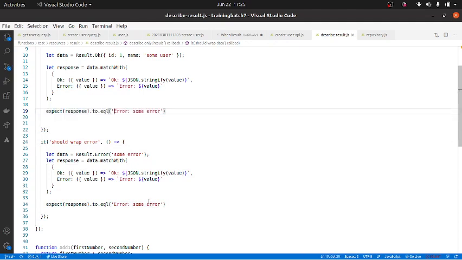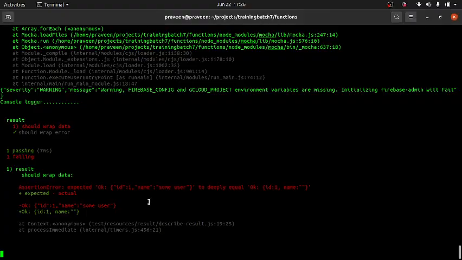Similarly, if you go here, I will make this test case pass too. Instead of error, this will be ok, and here your object will be id equal to 1, name equal to some user. Let us see if this passes.